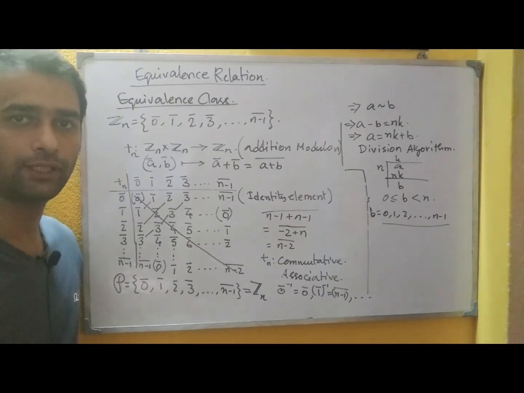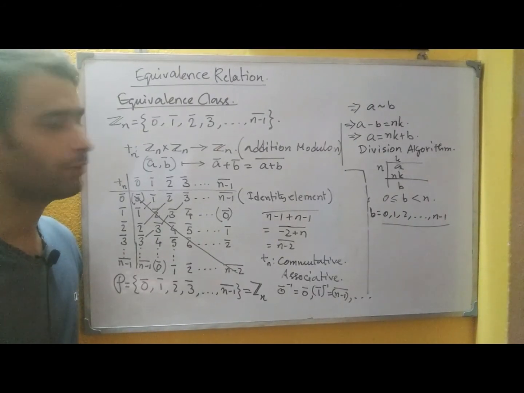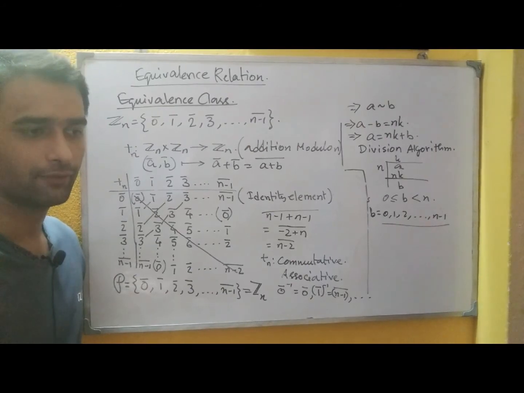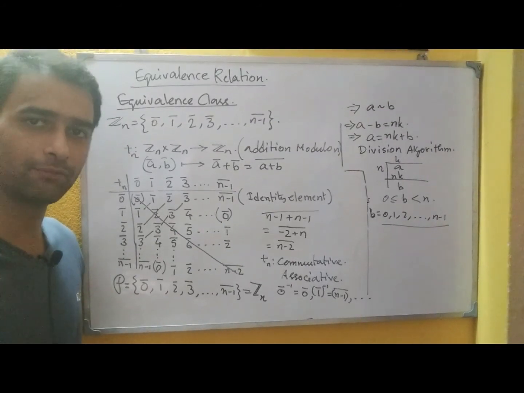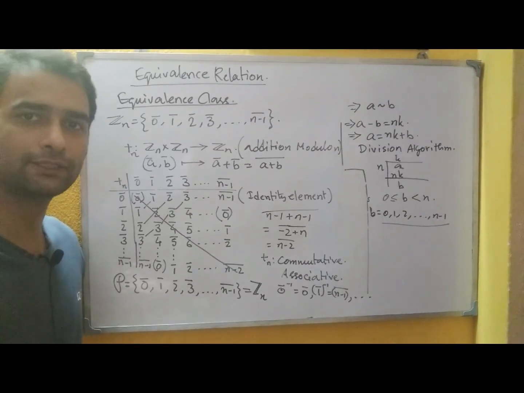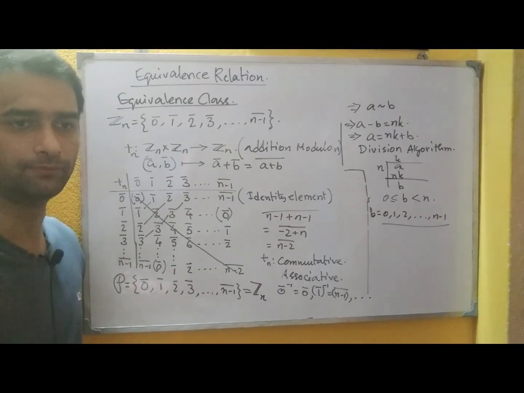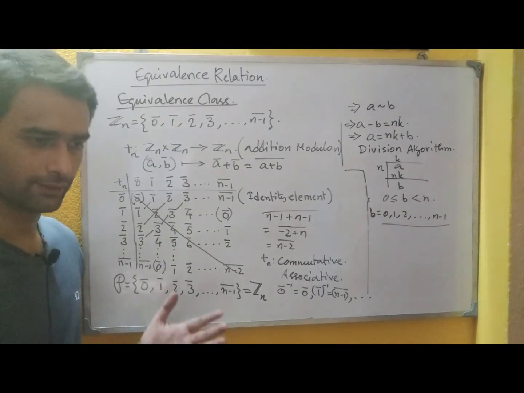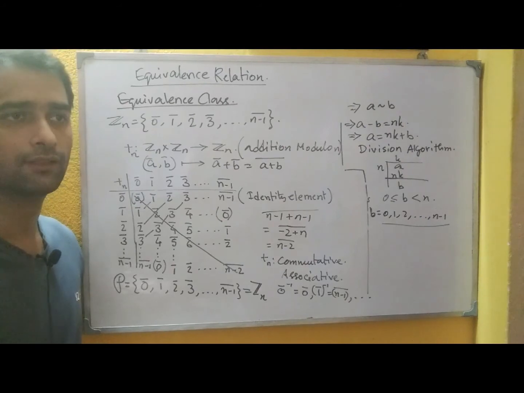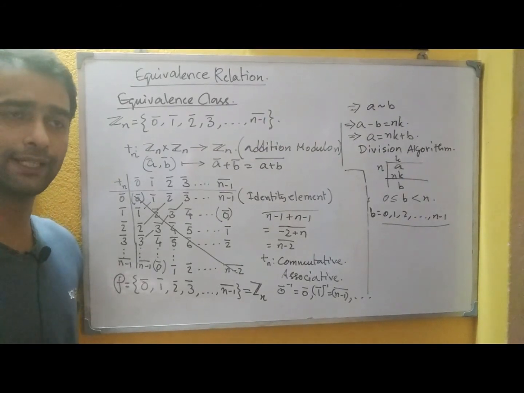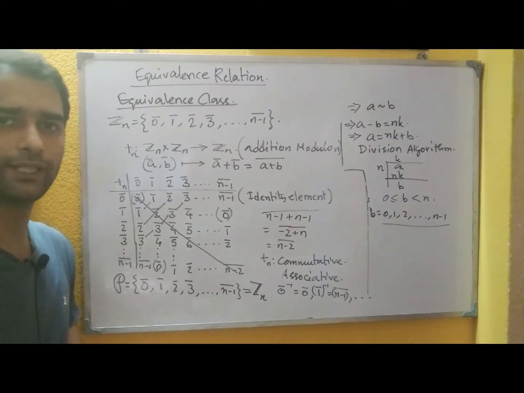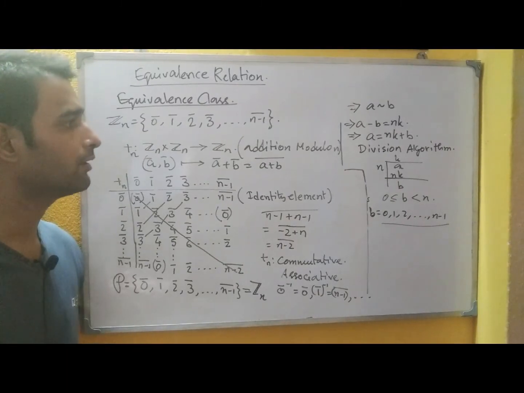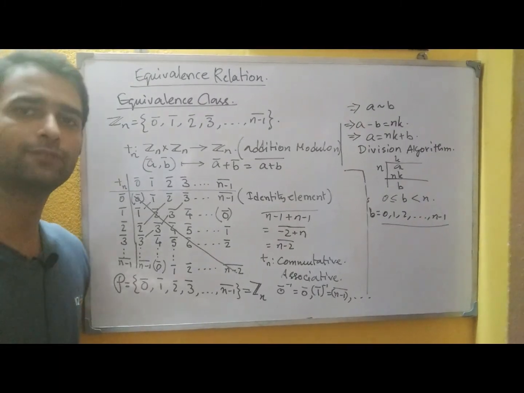In the next video we will discuss something about the rational numbers. We can express the set of rational numbers also as an equivalence class, or the collection of all the equivalence classes for some equivalence relation on a particular set that we will mention in the video. So that's it for now.